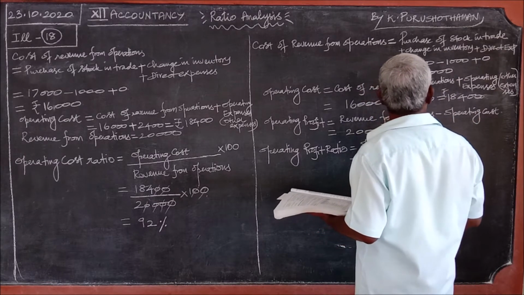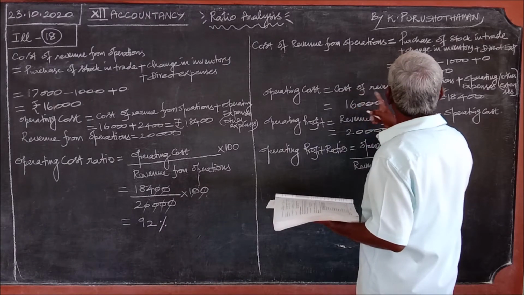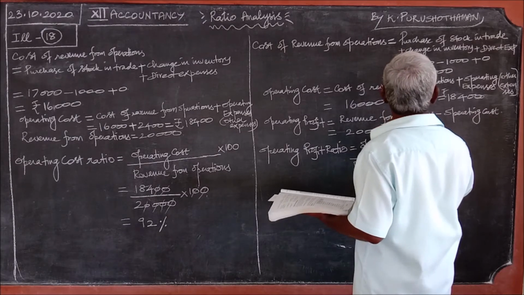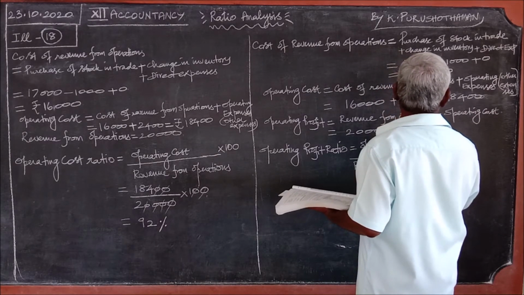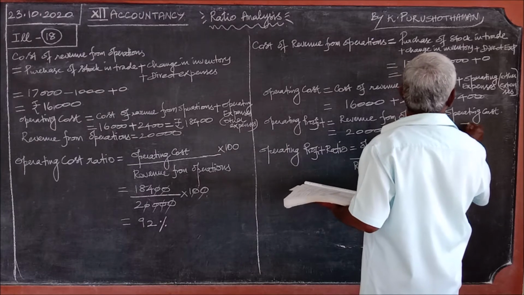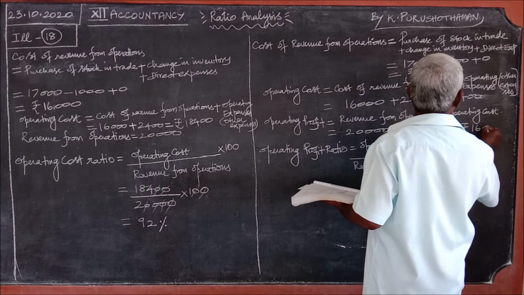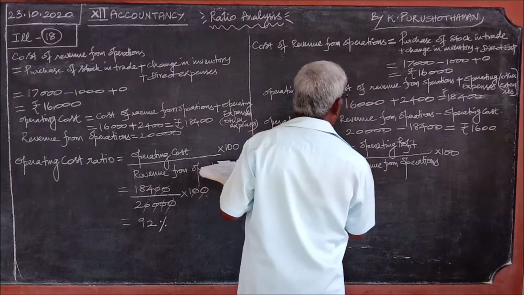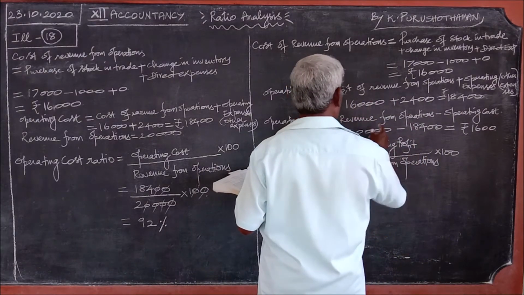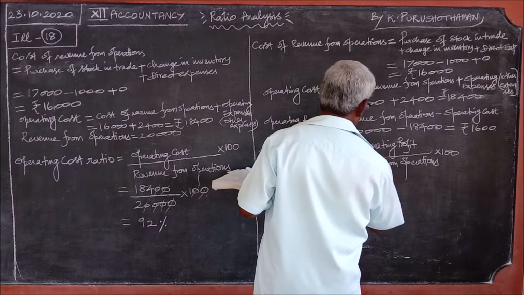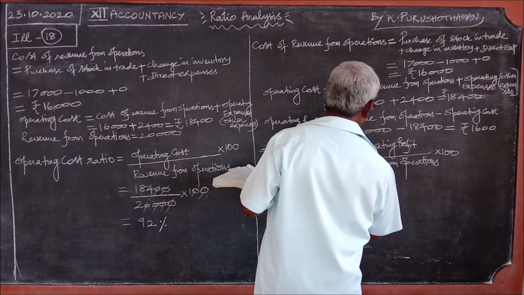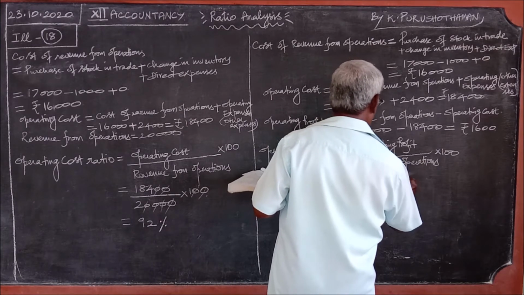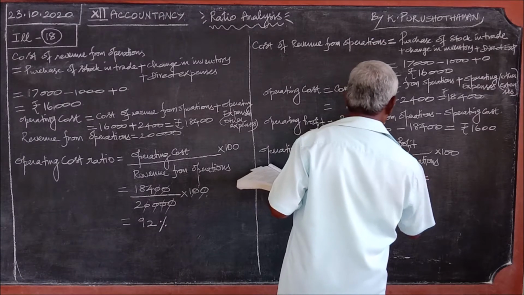Now, operating cost is equal to 18,400, revenue from operations 20,000, so minus 18,400, you will get 1,600. Now substitute the values: numerator operating profit 1,600 by denominator 20,000 into 100, which is equal to